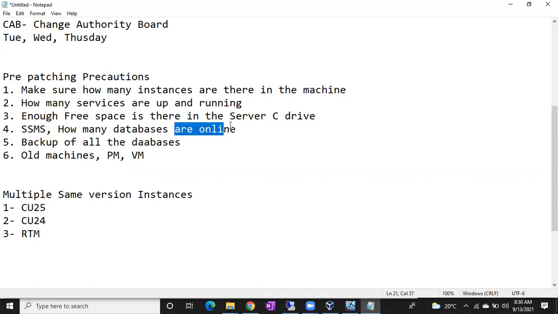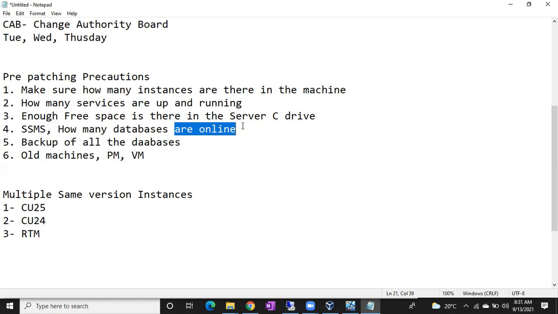And check how many databases are online before patching, and whether after patching the same databases are online or offline. Once everything looks good, send an email to the teams. We have included the application team, DBA team and the monitoring team before patching. After patching also, it is your responsibility to check that patching is successfully completed, and report any issues. Once patching is successfully completed, the application team is going to start their application or their application-specific jobs. The monitoring team will start monitoring.